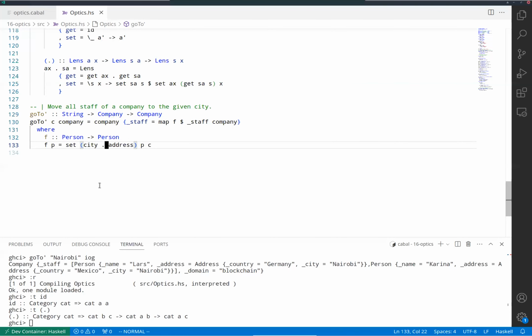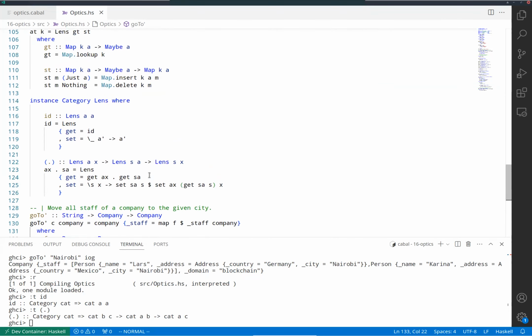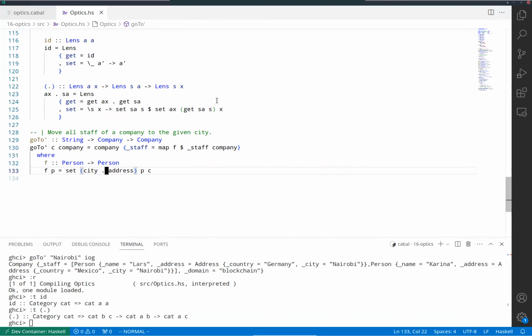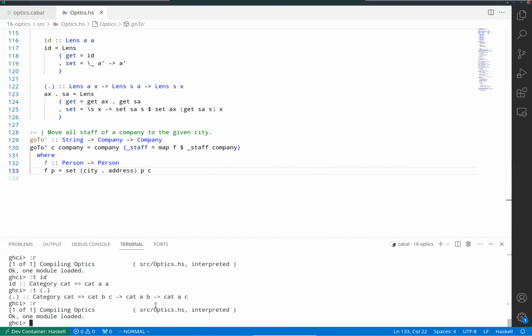Right. So that's already relatively satisfactory, I think, by having this category instance. Which basically just means we can compose lenses like this. It's already nice. We can already reach deeply into a structure and get something out, or also change it, I mean set it to something new. So just another example. We have plenty of lenses now. For example, do we have actually? Not that many yet, but